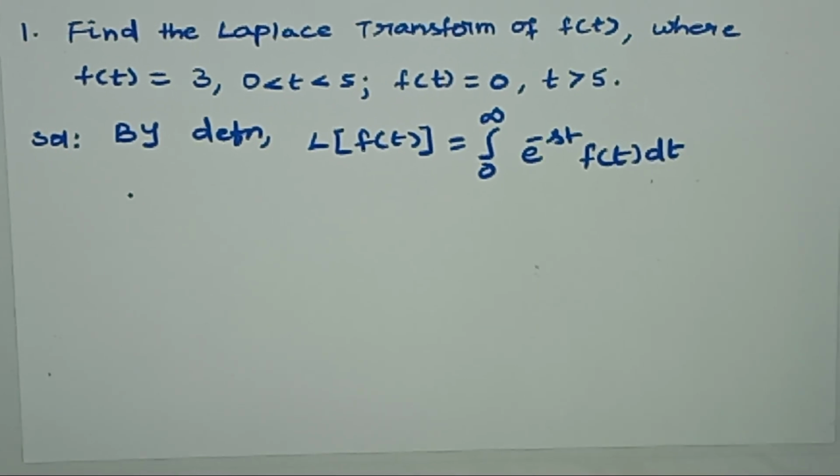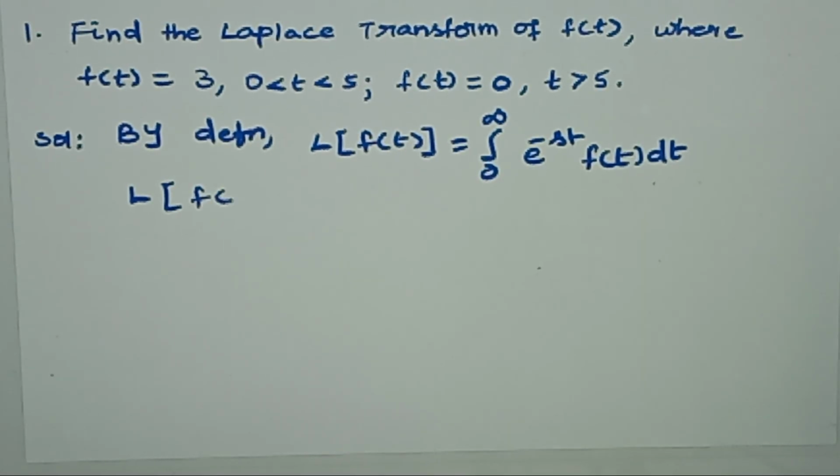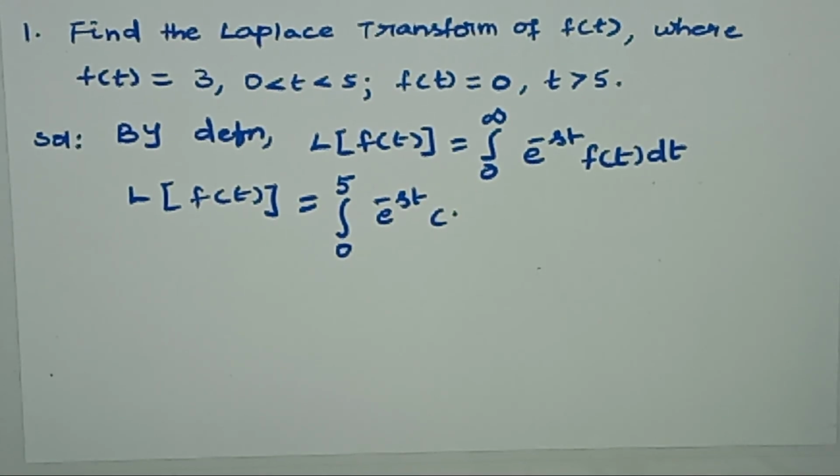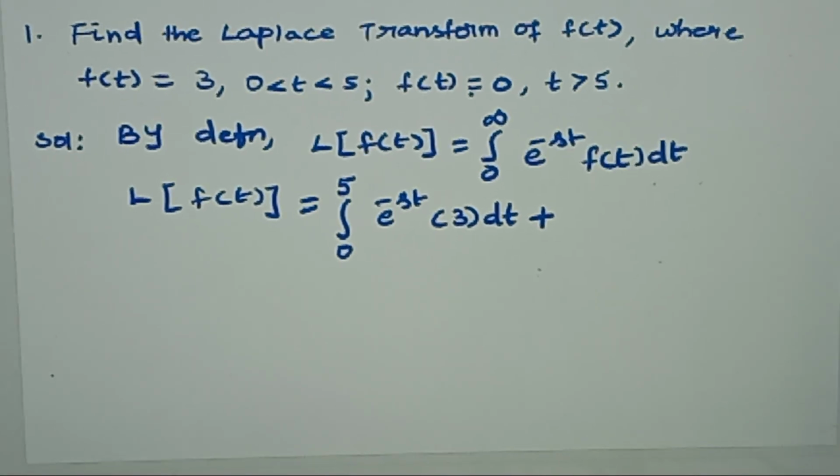Okay, so this can further be written as, what are the limit values? पहला फंक्शन क्या दिया है? f of t is equal to 3 and t is between 0 to 5. Therefore, you will be writing the limit values as 0 to 5, e raised to minus st as it is लिखना है और f of t के जगह 3 पुट करना है into dt